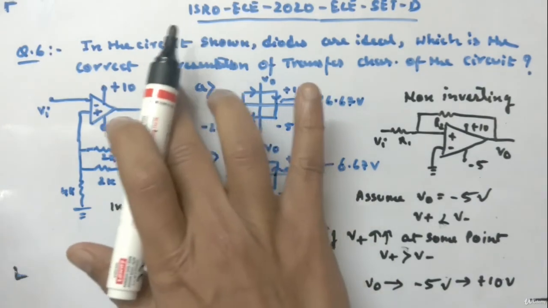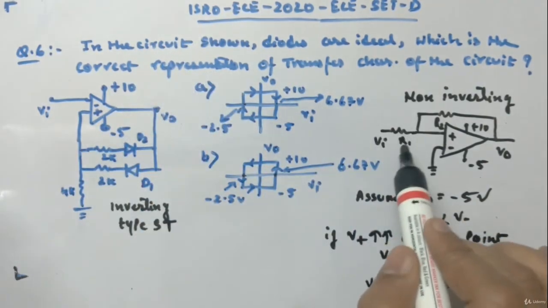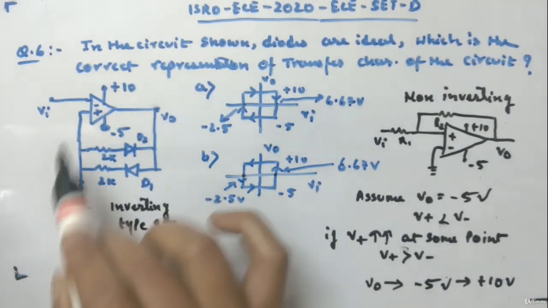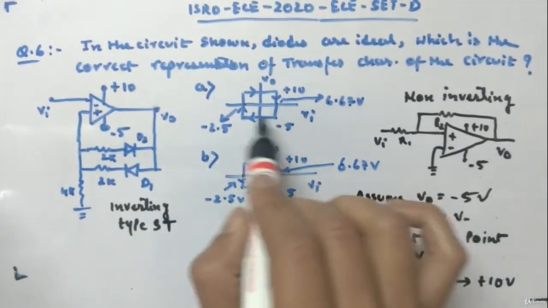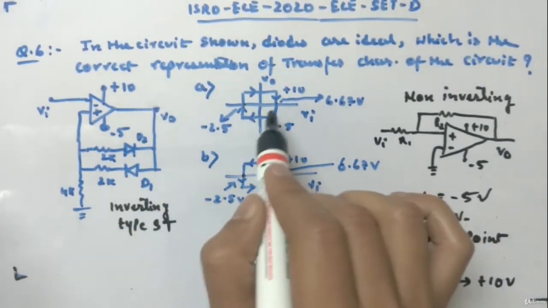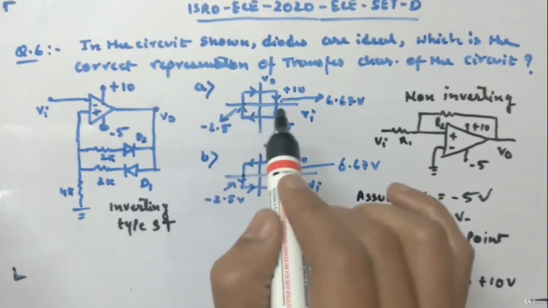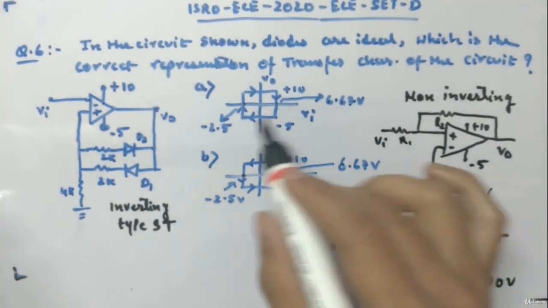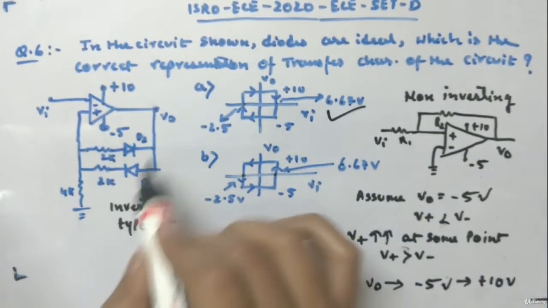It's just a matter of where you are applying the input. So here you are applying to the positive, here you are applying to the negative. Mostly this circuit is used, so you can assume this is the most useful case, option A. Okay, so I hope you got the difference. So for this question the answer is B. Okay, sorry, A, because this circuit was given.